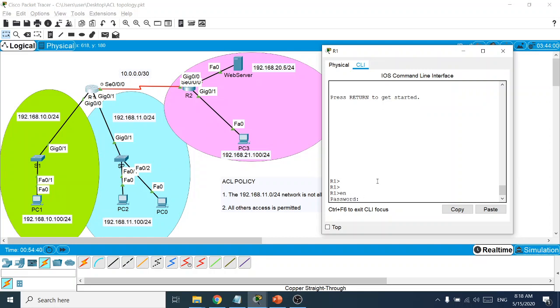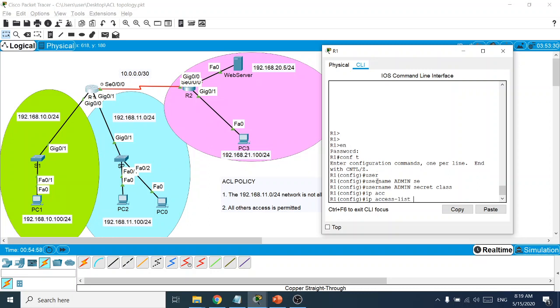So enable Cisco. So apa kita kena buat, kita kena first kali config T, kita kena create username. Okay, username. So let's say admin secret class. Okay, kemudian IP access list. Yang ni kita create access list menggunakan naming, IP access list menggunakan naming. So you nak bagi nama is up to you lah. Okay, contoh you nak kata admin punya PC kan, admin PC. Okay, admin PC ni kita katakanlah